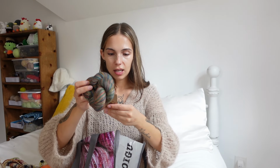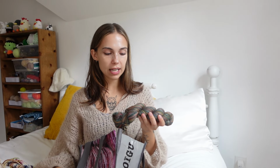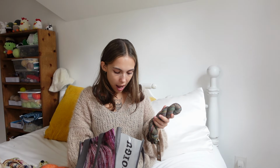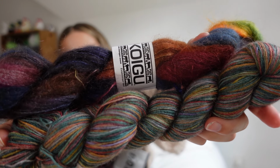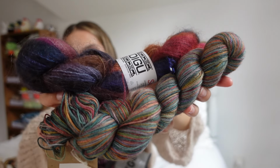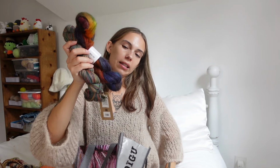Yeah, so this is 80% alpaca, 20% bamboo. Like, it's really soft, and I'm really excited to see what it looks like worked up. I feel like it's such a unique blend for a yarn. I've never seen that before. So I am going to pair, I think this is the plan, I am going to be pairing these 2 yarns together because I feel like they would look good worked up together. That's the plan. Oh, I also got this gorgeous